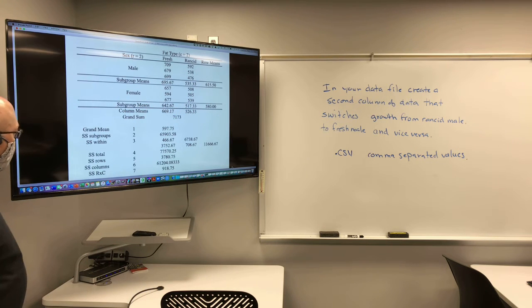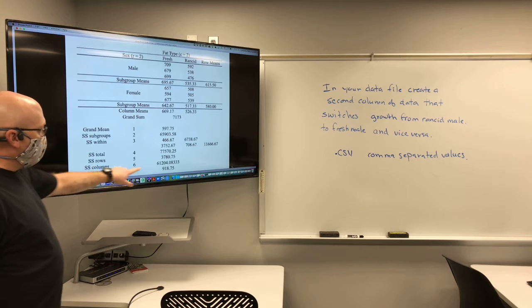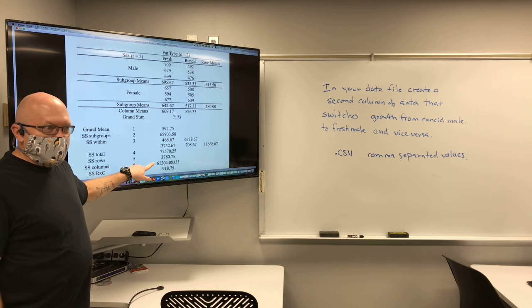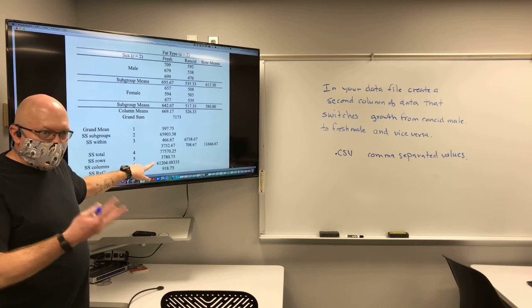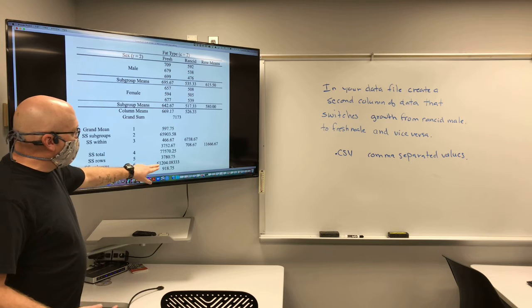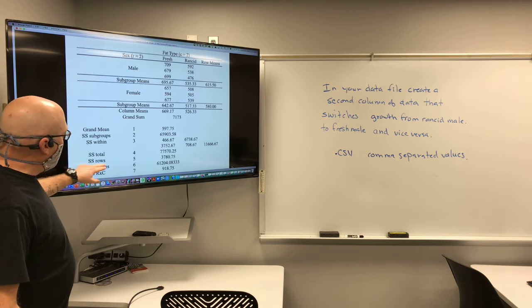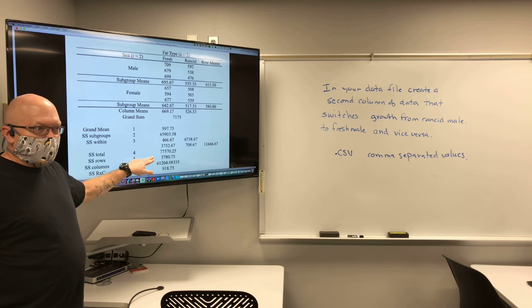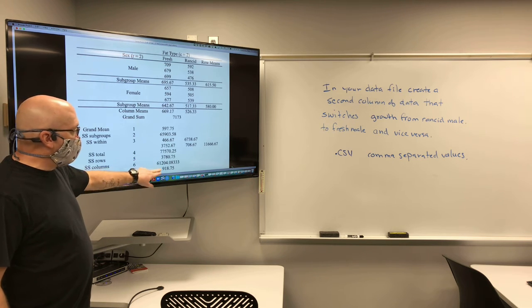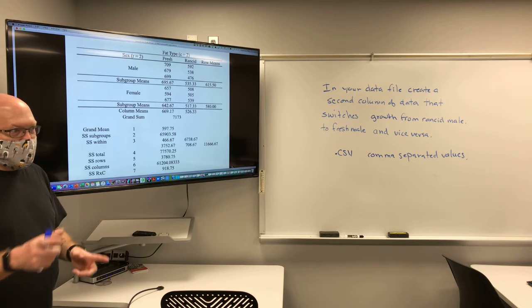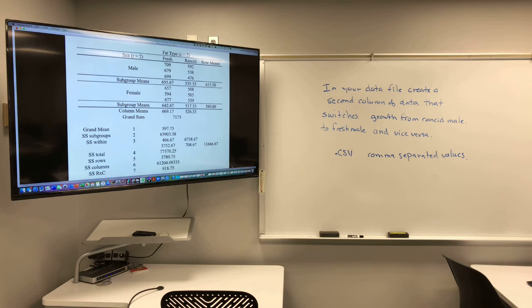when we look at the sums of squares due to column, that's where most of the variation is. That's what the sums of squares is. It's quantifying variation. That's where most of the variation is. The next most variation is due to differences in rows, the differences between males and females, and very little of the variation is due to this interaction. And what that looks like